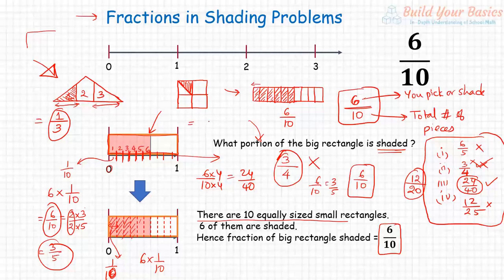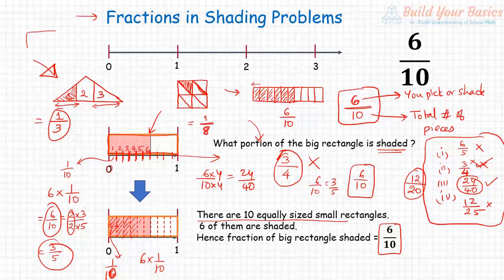The answer is 1 by 8. Right? So how do you find out? You know that all the pieces should be equal. Can you make this diagram so that they are all equal? You can cut every square box, correct. You can cut everything like this. So now all the pieces are of the same size. Now you count how many such pieces are there: what is shaded is 1, and the total number of pieces, all of the same size, is 8.